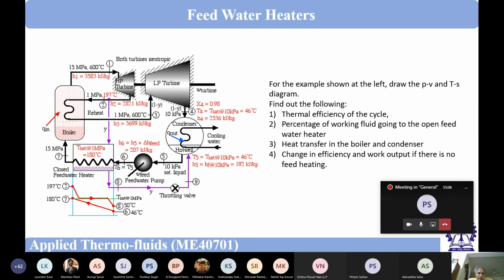So I have given some sort of homework today. Of course, the earlier example problems which I have given, you should do them too. But these things are very important. Please do these. This will give you good training. And to make life simpler, all the enthalpy values, etc., have been given. You only have to draw certain things, do the mass balance, do the energy balance. All right. If you have any question, please ask.